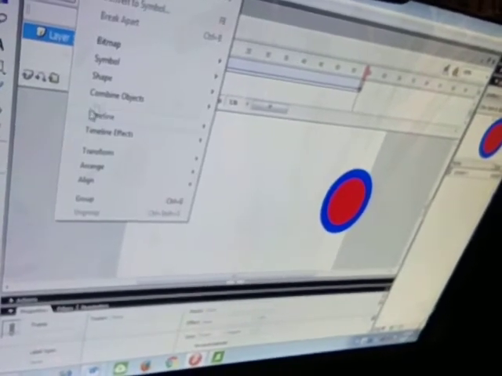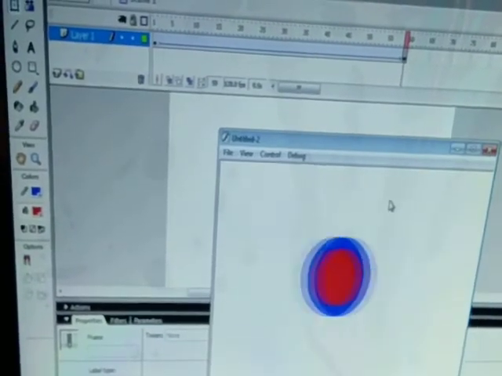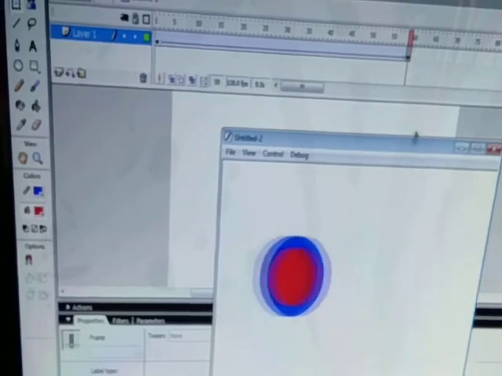If I want to put the FPS, that is frames per second, again, select modify and then document, and you have to put 120 and then okay. Put it properly, hold it straight like this, then it will be visible. Okay, now once again we have to run. So you can see that it will move very fast.